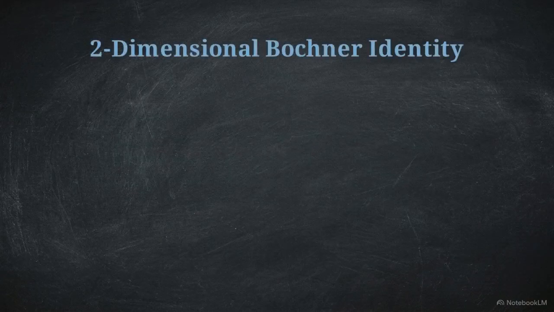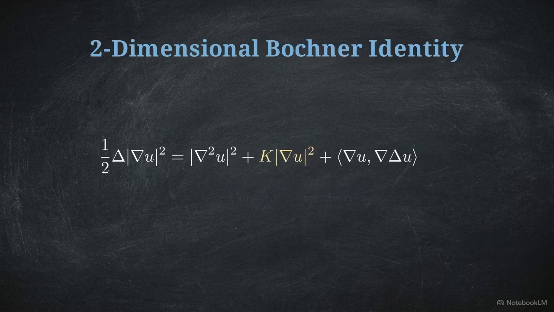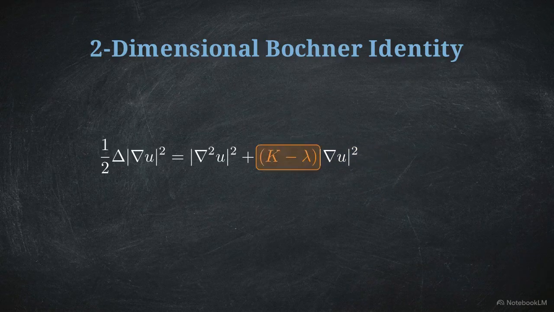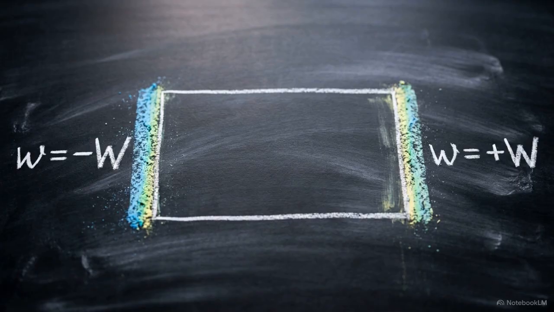With the cone point safely excised, we build the lower bound using the two-dimensional Bochner identity. We substitute the properties of our specific space, replacing the Ricci tensor with the constant positive curvature k, which introduces a k minus lambda term. Integrating this formula over the smooth, excised manifold invokes Green's identity and exposes a boundary flux term for the exterior edges of the strip. To evaluate this integral, we examine the exterior boundaries of the Möbius band at w equals